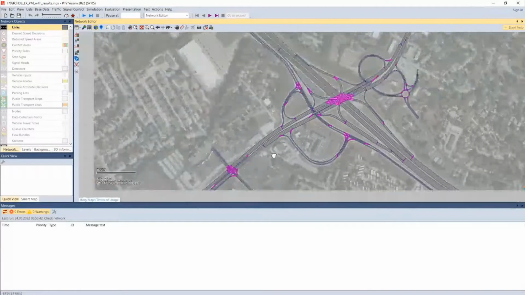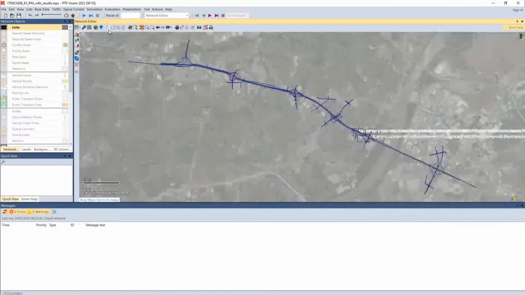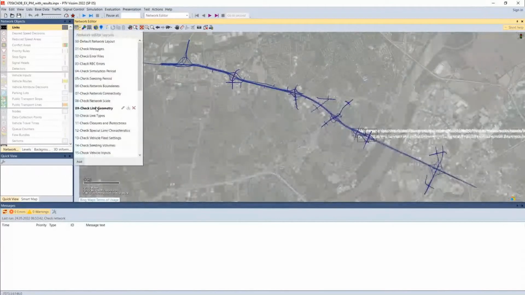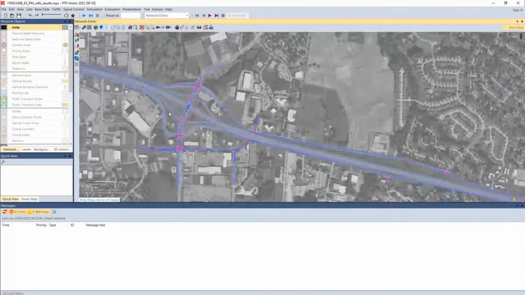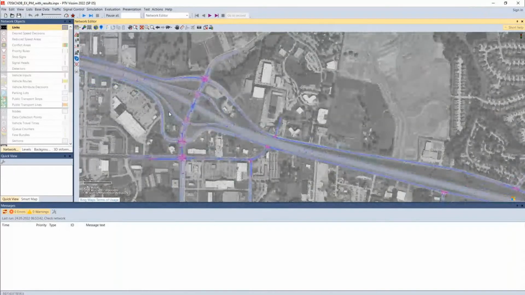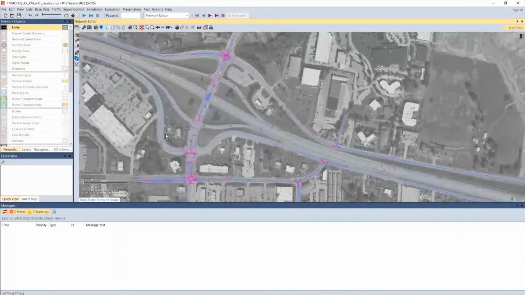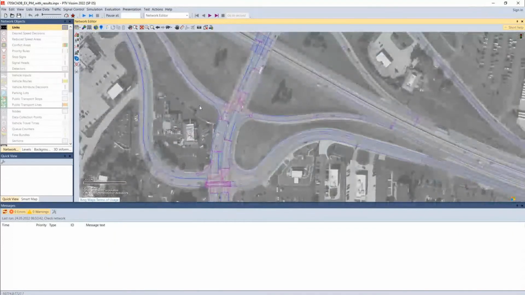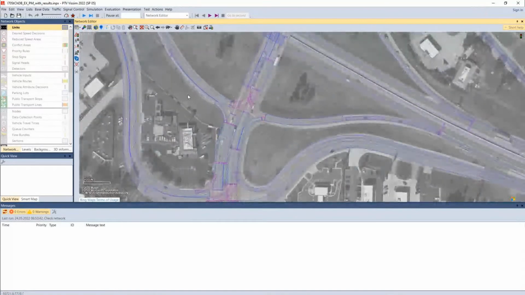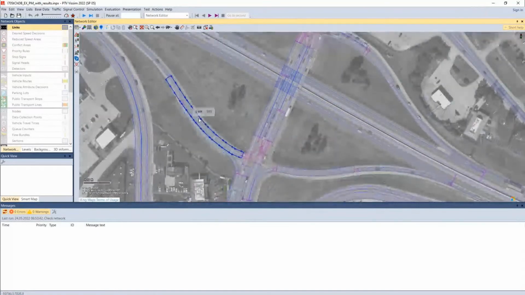All right. So now that we've checked to make sure our network scale is correct, again, you'll come back and you'll check to make sure that the link geometry is correct. Now here we can zoom in. This is very similar to checking connectivity, but what we've done is we've made the graphics a little bit see-through. So if you zoom in far enough, you can actually see the lane dividers